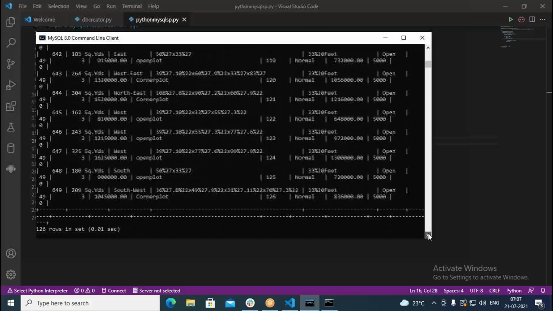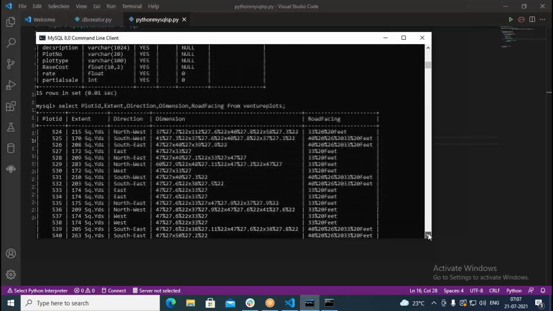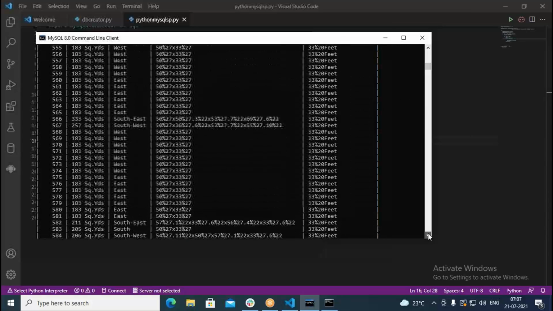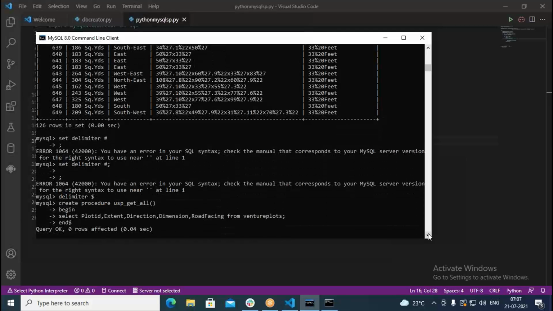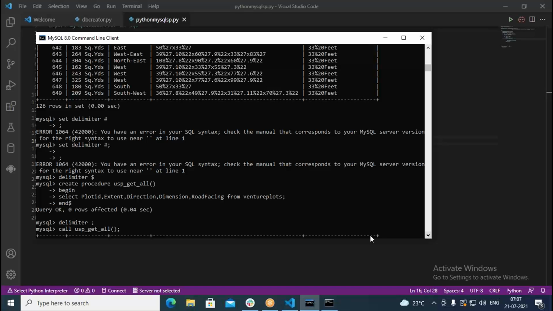So as we come down, we can find here a lot of data. That's the reason. Okay, this is the procedure we have defined. So, create procedure. Normally we use semicolon as the delimiter, so to separate commands we use semicolon. But when you write a stored procedure, you may be writing more than one statement. All the statements you need to separate using semicolon. Whenever you write from the MySQL command prompt, as soon as it encounters a semicolon, it thinks the command is completed.